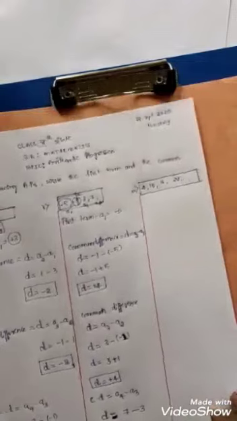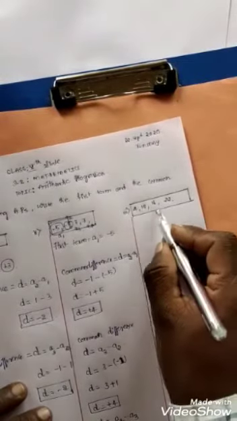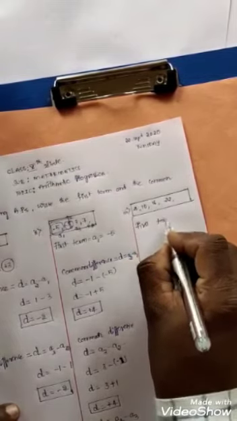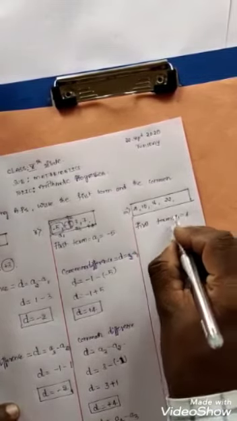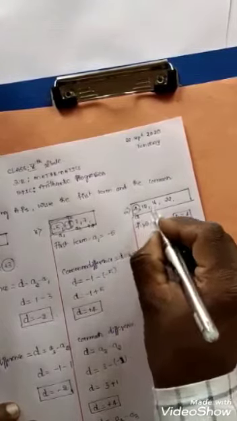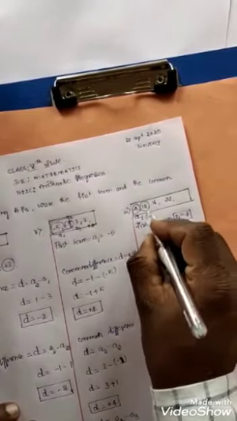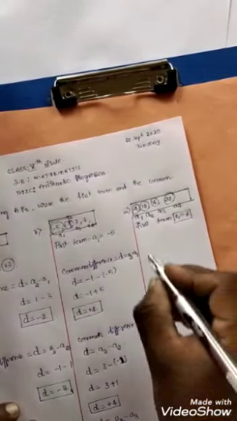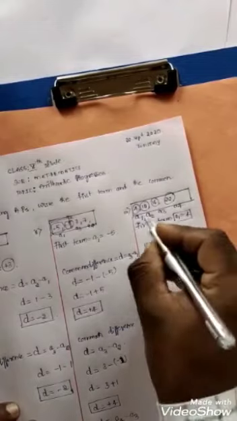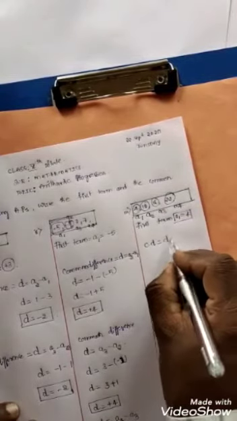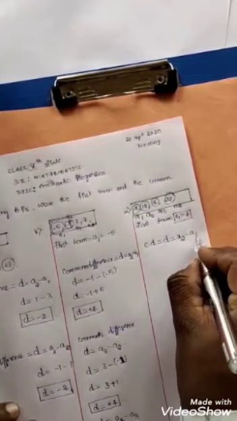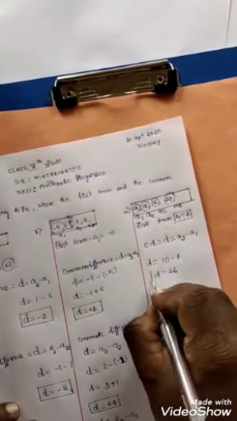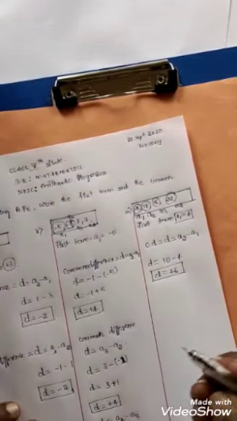Children, next I am going to give the third sequence, that is 4, 10, 16 and 22. Here we have the first term A1 equal to 4. A1 is 4, A2 is 10, A3 is 16 and A4 is 22. So we need to find the common difference between the first two consecutive terms, that is d is equal to A2 minus A1. A2 is 10 minus 4. We get plus 6. Hence the common difference d is equal to plus 6.